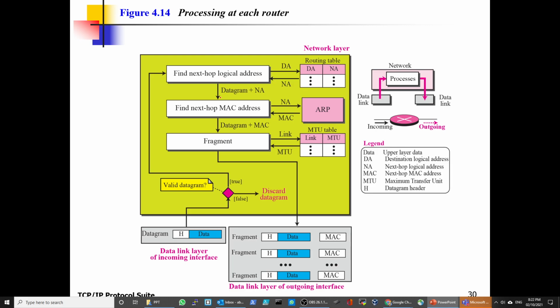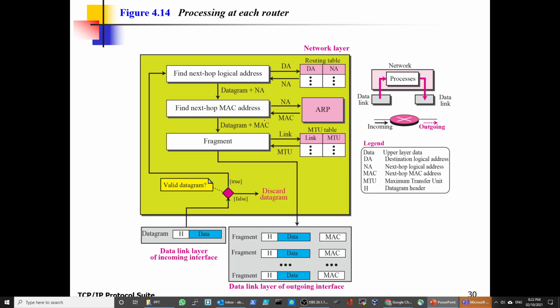Now it goes down with the datagram and the next hop logical address. Do we communicate with the logical address? No. What do we have to include? The physical address. But I don't know the physical address of the next hop. Don't worry, we have ARP. So it will send the network logical address to the ARP, and the ARP will send the MAC address.